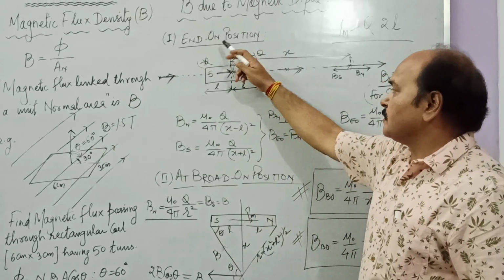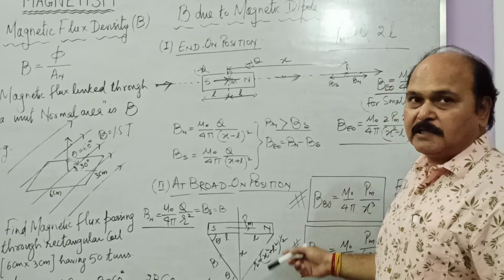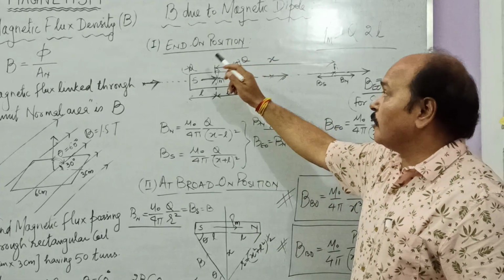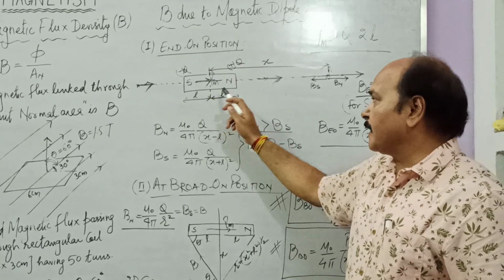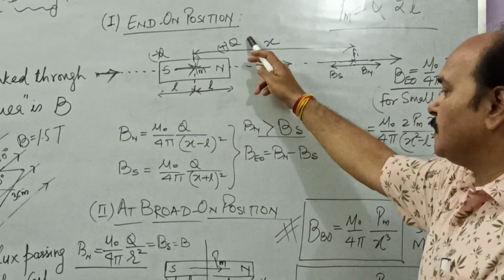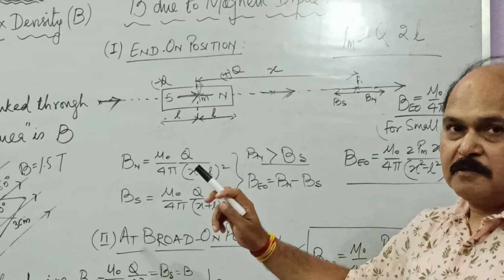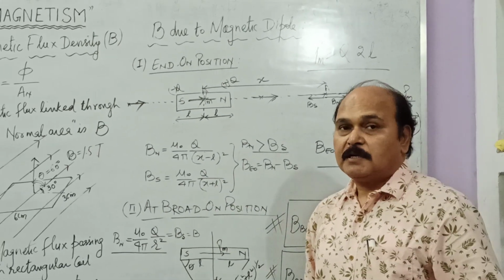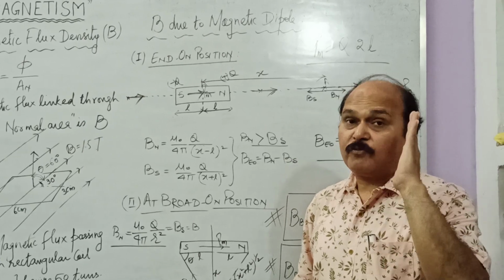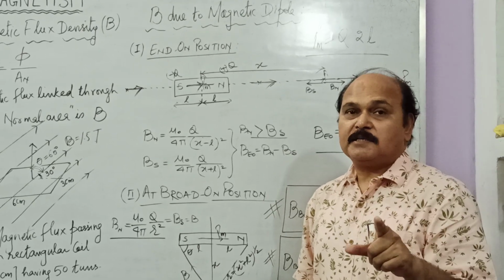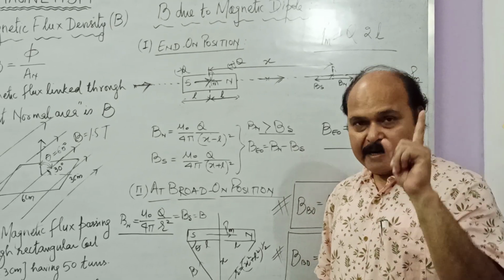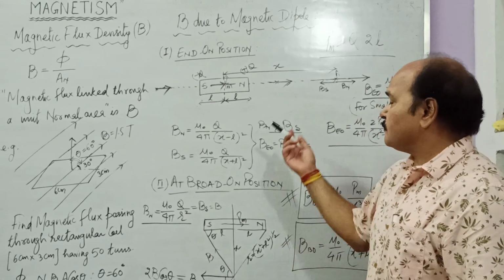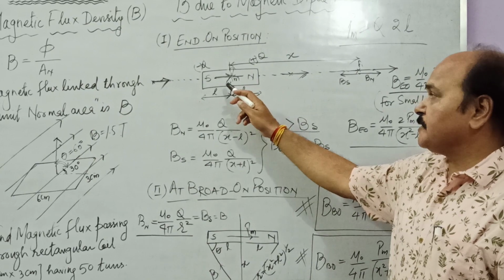Now children, there are some results which I am going to write here, with regard to the value of magnetic field intensity due to a magnet at axial position and at broadside position. Derivation is not in your syllabus, but you can work it out exactly in the same way as you found the electric field intensity due to an electric dipole at axial position and at broadside position. Well, let us first of all know the expression and direction.